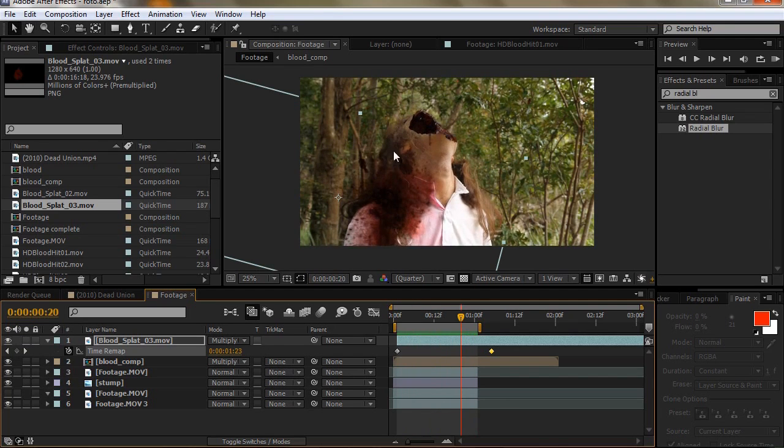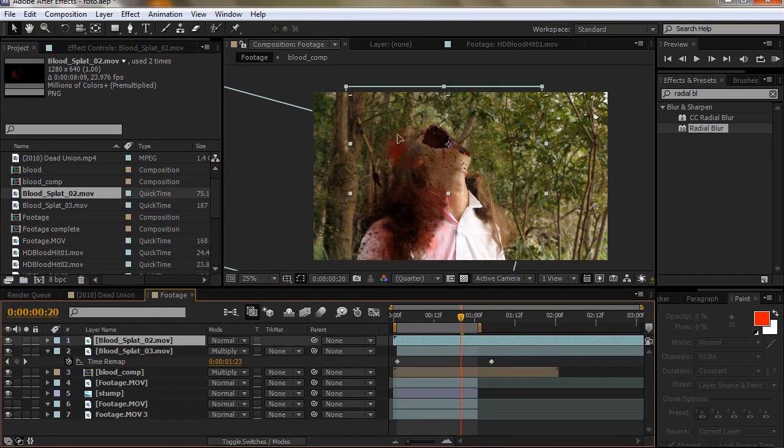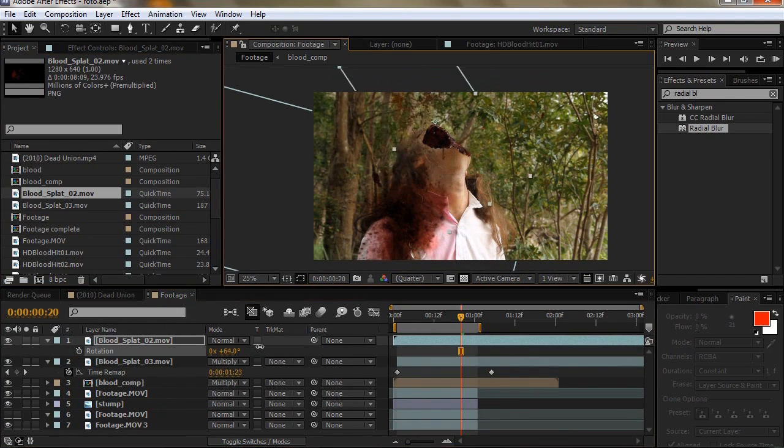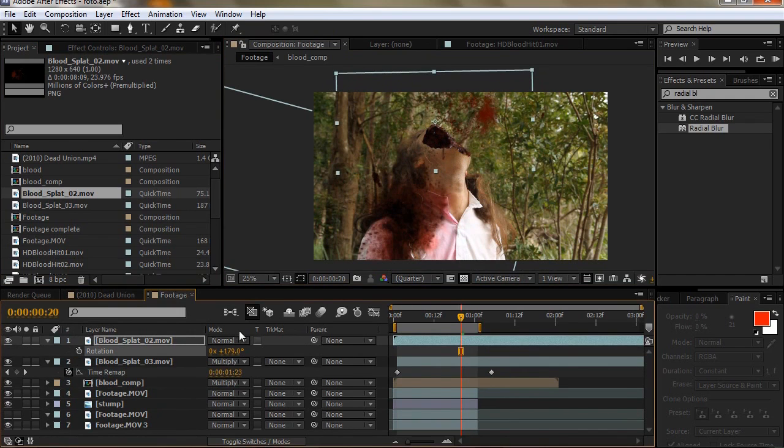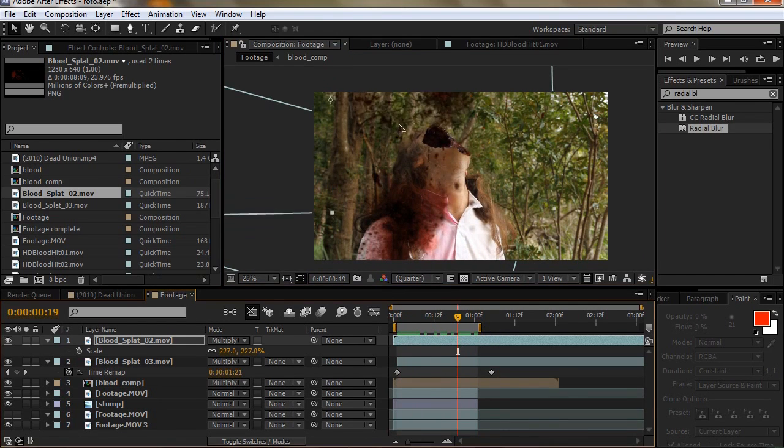That looks good, and obviously we can't just have that part of the frame dirty and the rest clean. Add this bit here, rotate this like so. Multiply transfer mode again, scale way up. Most of the 235 clipping I would do for this shot will be cutting off way more of the bottom, keeping the top just to maintain a good composition. And again, this is way too slow, so